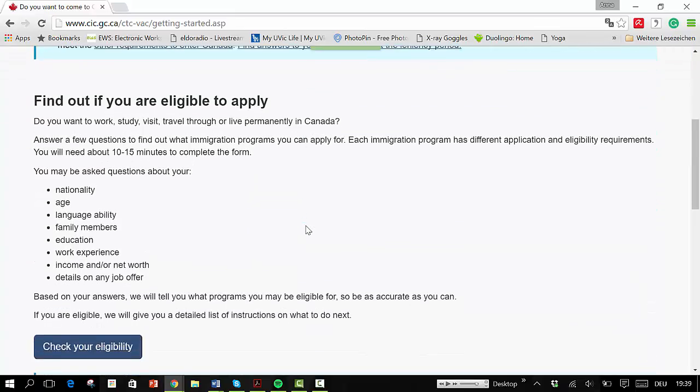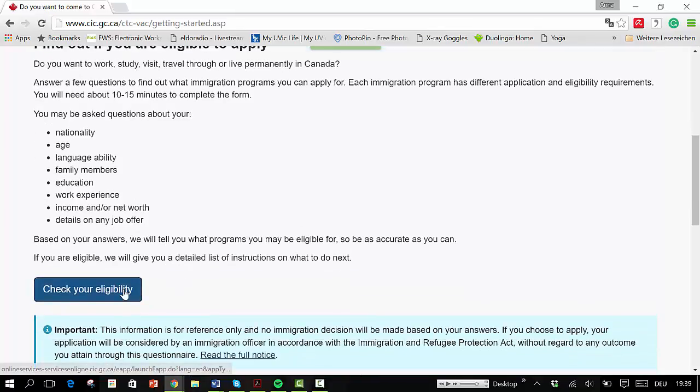So if you now want to know to which category your home country belongs and what kind of papers you need to enter Canada, you can use this eligibility tool. It takes about 10 to 15 minutes to fill it out completely, and here's a little warning of what kind of questions you will be asked along the way. But remember that even if you arrive at the end of it, this is only an eligibility test and not an actual visa. The application for that comes later, but this test makes it a lot easier because you will get a personalized list of all the documents and all the next steps you need to take. So let's start,